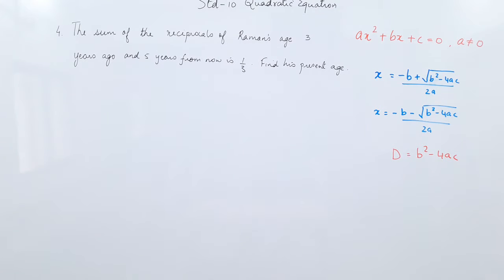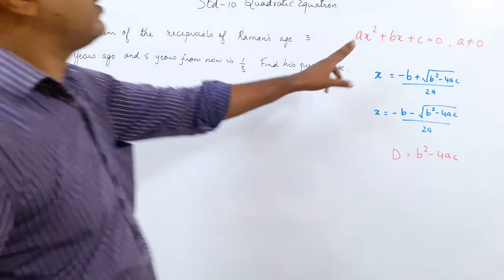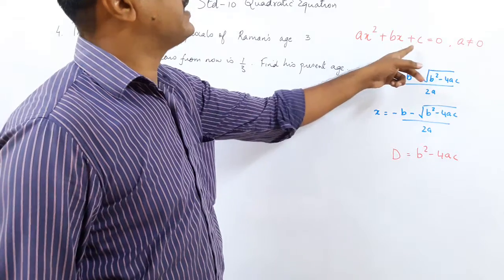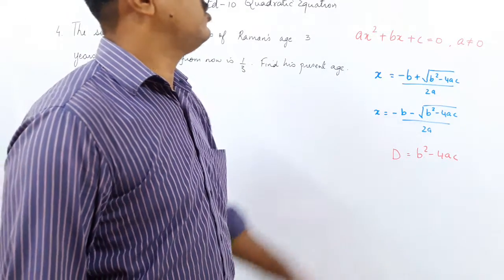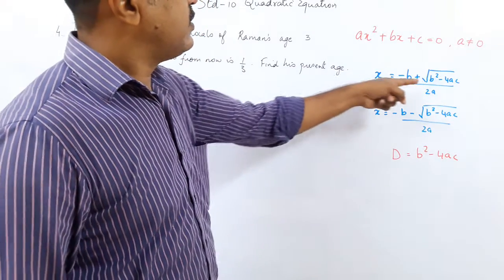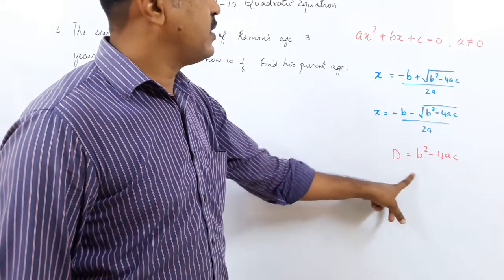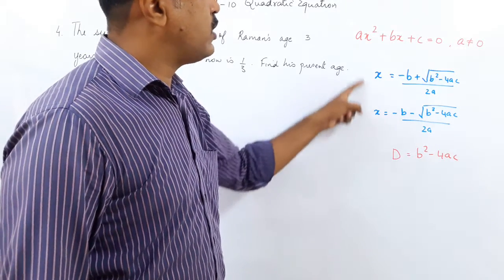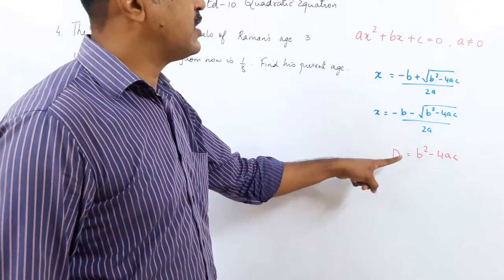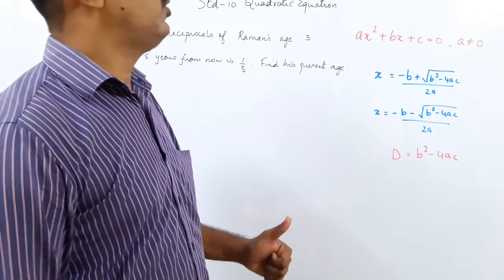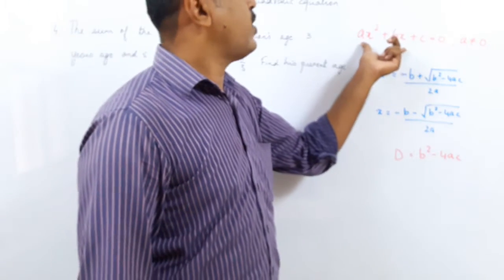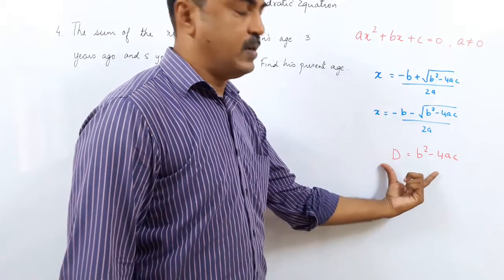Good morning, friends. Since we are done with the methods, and I hope you do remember the methods, the quadratic equation is ax² + bx + c = 0 when a is not equal to 0. This b² - 4ac is the discriminant. So this method is called the quadratic formula, where we find the discriminant. Now, when you see a quadratic equation, first find the discriminant.